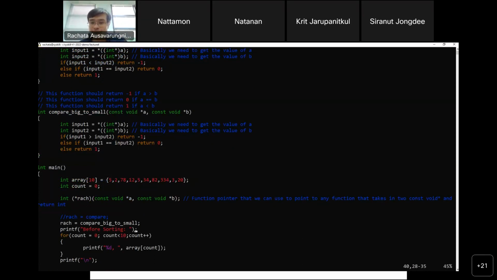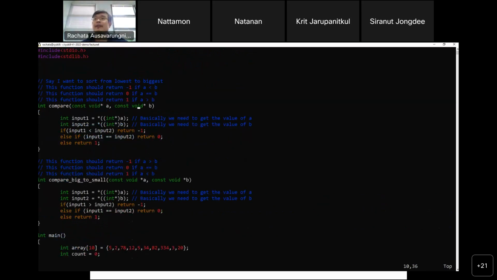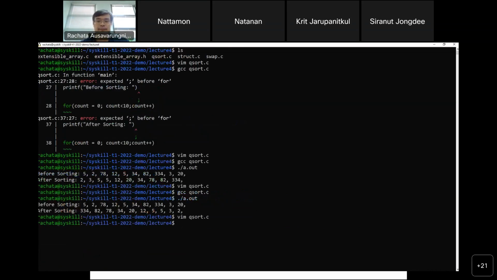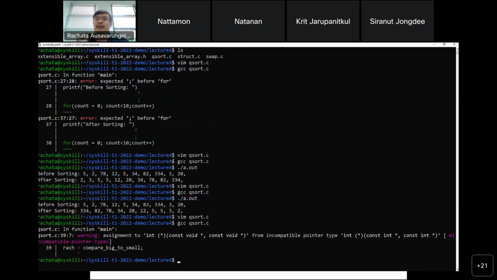But first, there's a question: why can't we just take an integer in the function instead of void? That's also possible. If I do this, let's see if it would compile. Here, it would warn you because of Qsort.